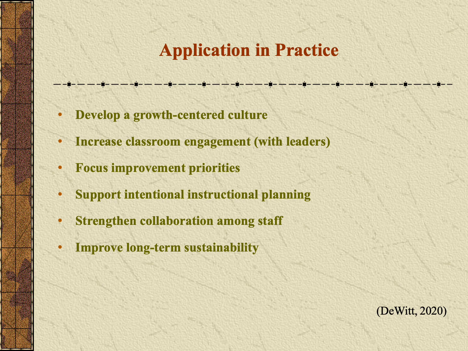Next is strengthening collaboration among the staff. This is within departments and across departments. A lot of times we have our staff within a department collaborating well, but departments between each other are not having that same level of collaboration. So it's up to leadership to step in and model this and require this as one of our expectations for the school. And lastly, it's improving the long-term sustainability of our programs and our initiatives so that we have that for the school's long-term sustainable change.